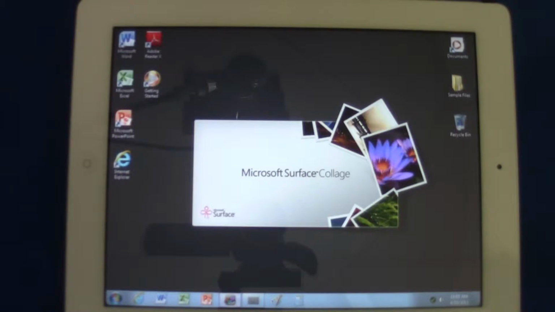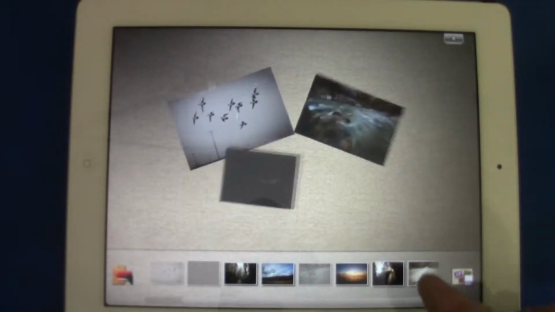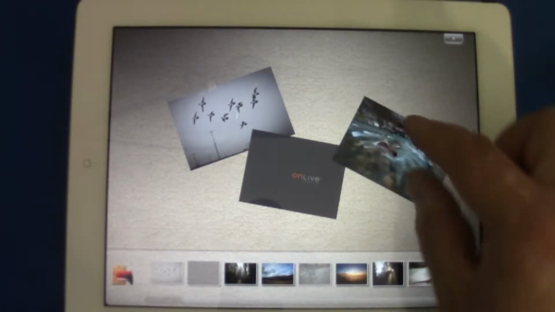You also have the Microsoft Surface, which is Microsoft's cool little way to move around pictures, kind of like the picture app I talked about a month ago on iPad 365. So you could put in your pictures and then use Surface to move around and create collages and stuff like that. But of course, you can run PowerPoint, Microsoft Word,